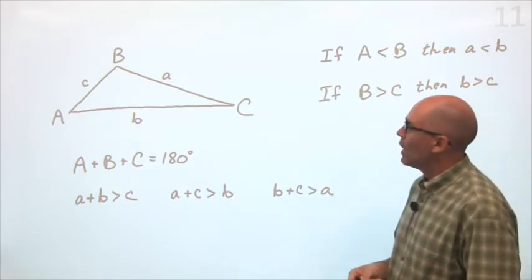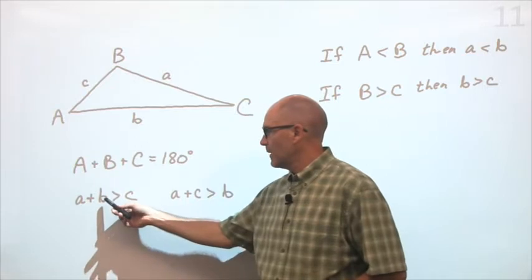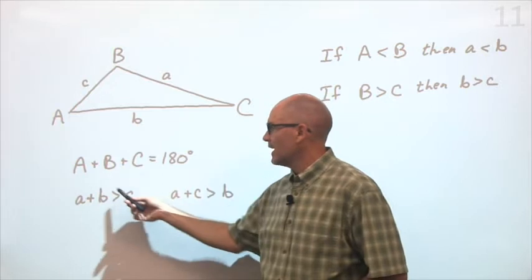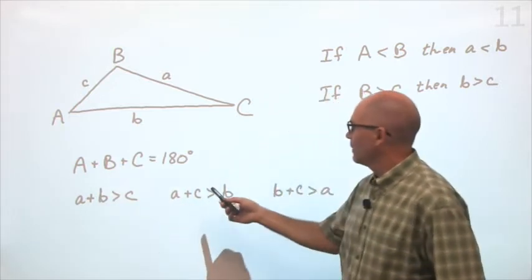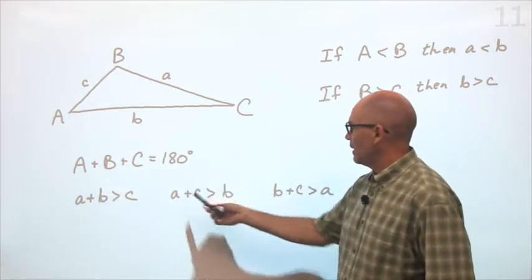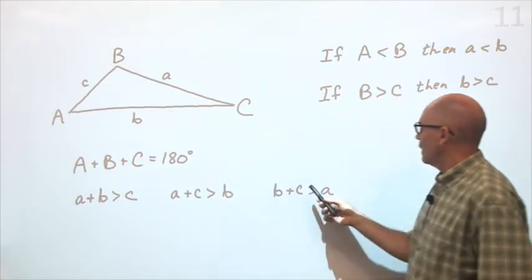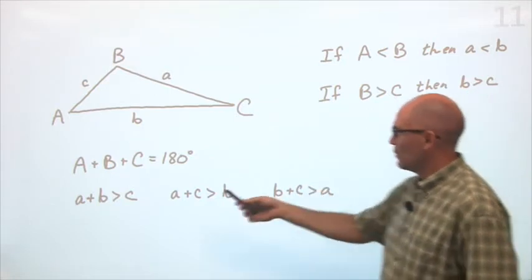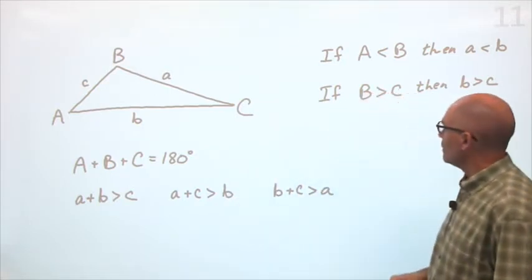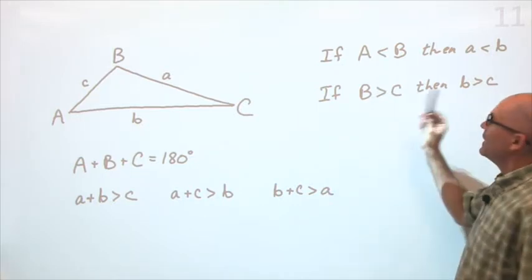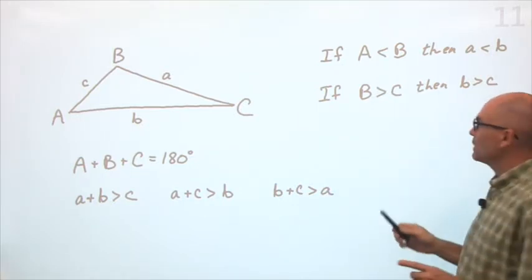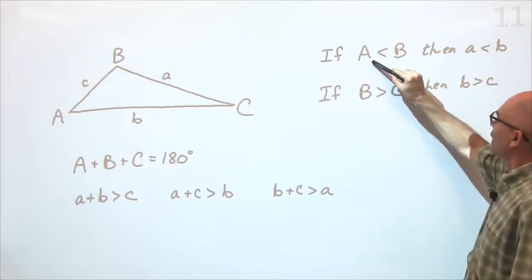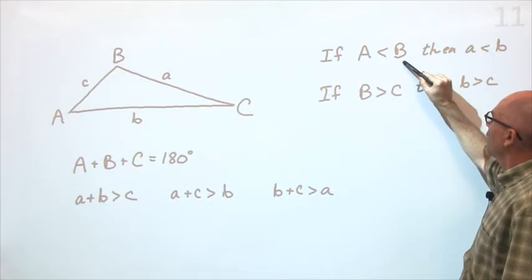And now, likewise, if I subtracted B from both sides, then C minus B has to be less than A, and B minus C has to be less than A, and A minus C has to be less than B. So those all work also. Now, the next relationship between sides and angles, if a side is less than another side,